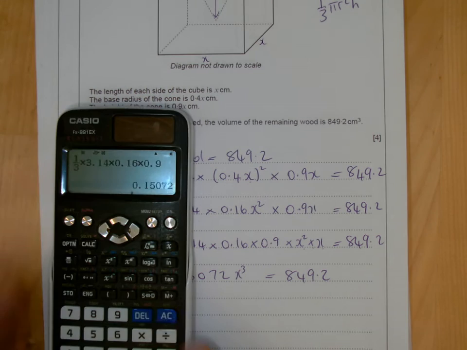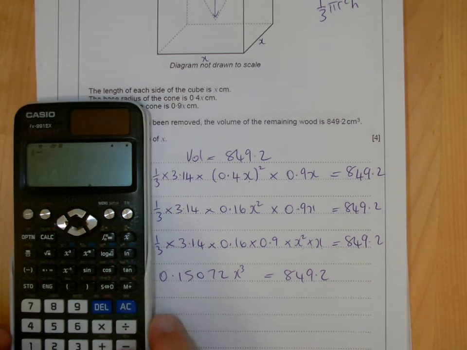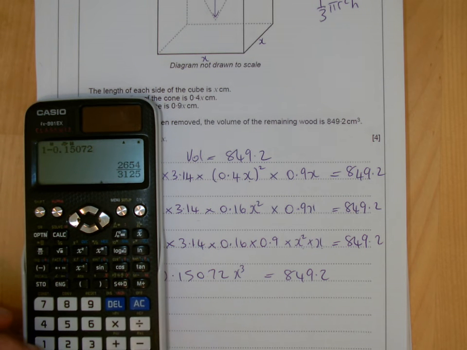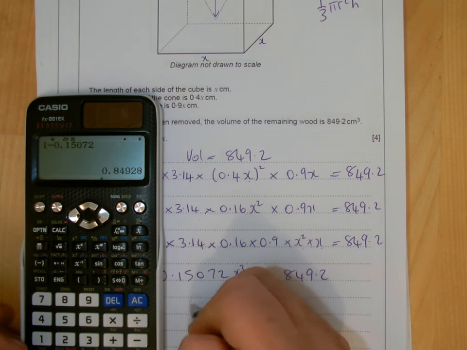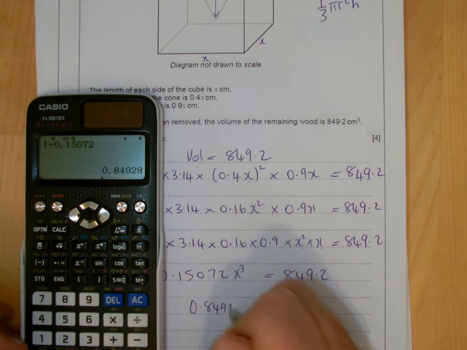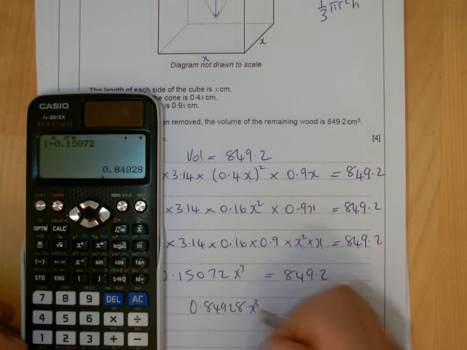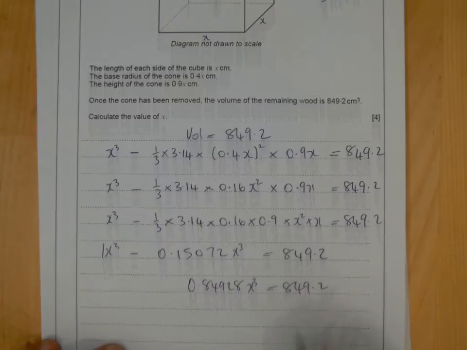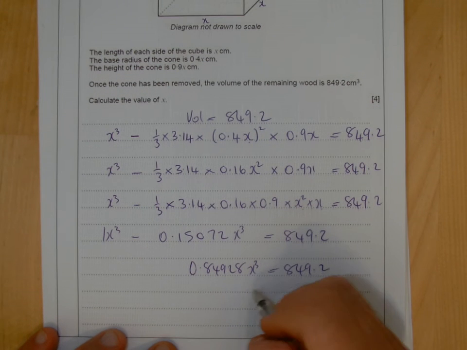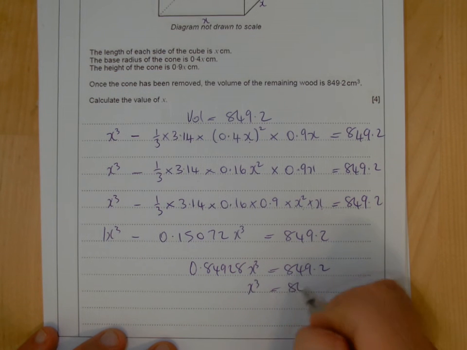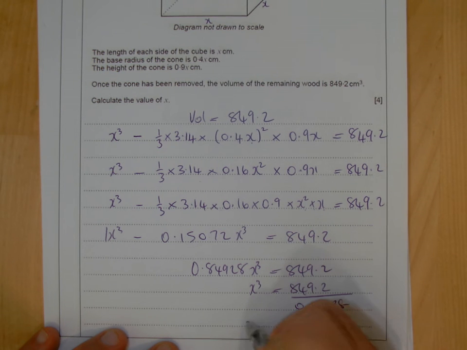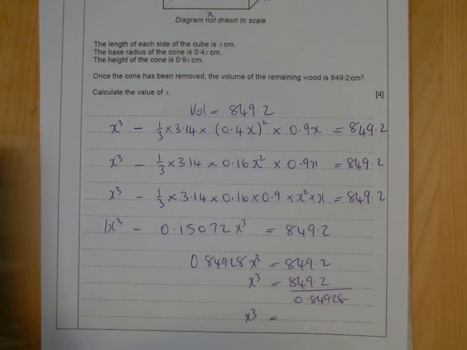So all you've got to do on your calculator is type in 1, take away 0.15072, and that gives you 0.84928x cubed. That's what we've got left. And then to get x cubed on its own, because you're multiplying these, take that over and divide. So x cubed will equal, let me type that in,